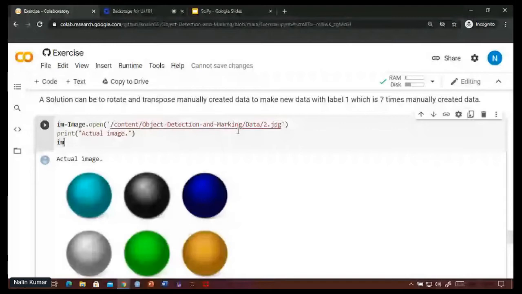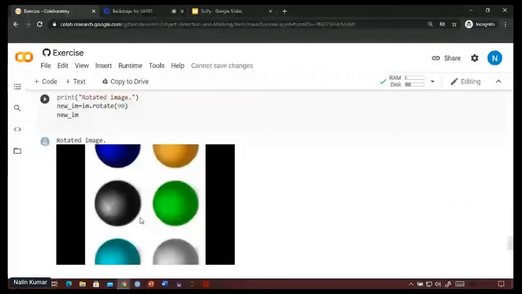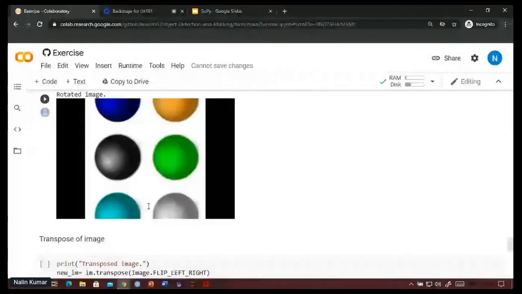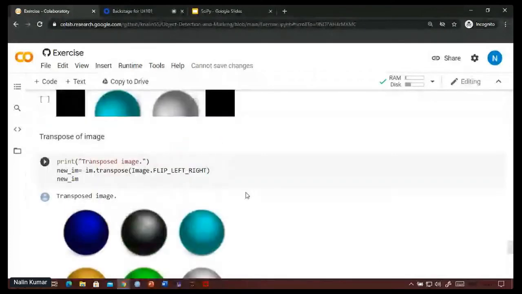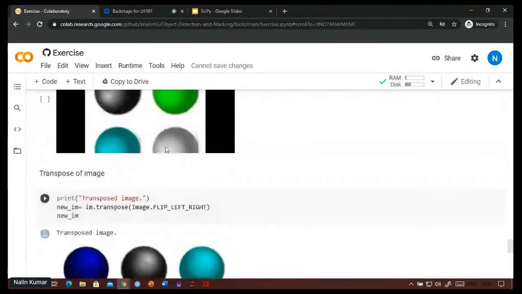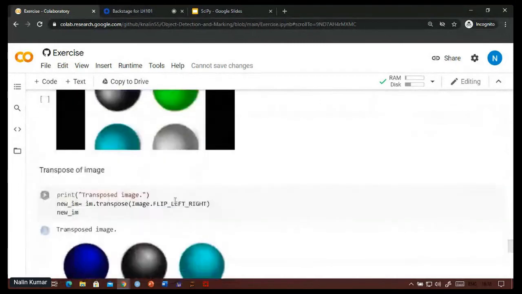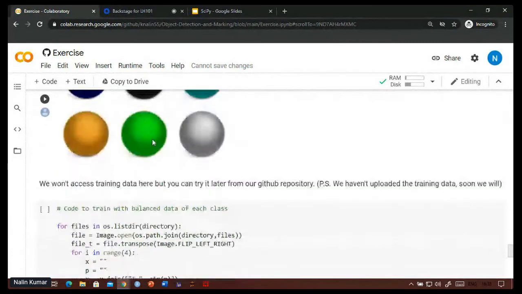The actual image is this. Now we will rotate the image, which looks like this. And this is the left right flip of the image. As you can see, this dark blue ball is right here, and it is in the leftmost corner of this image.